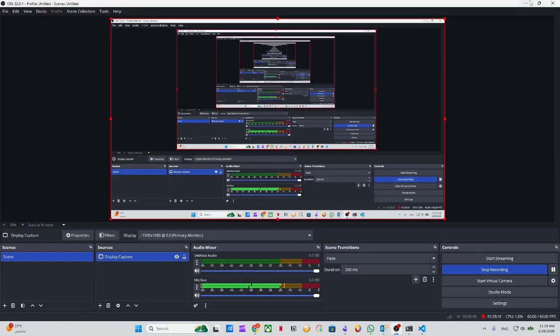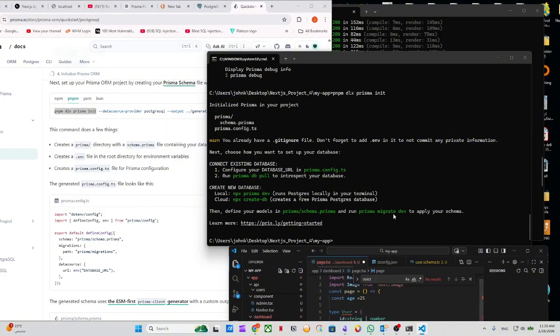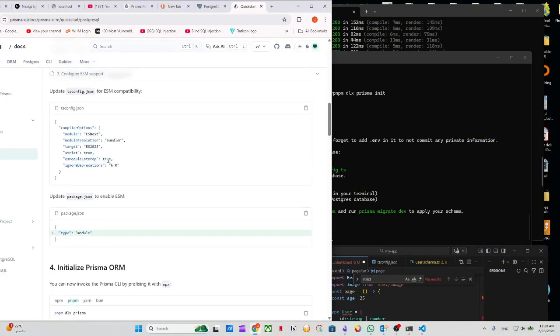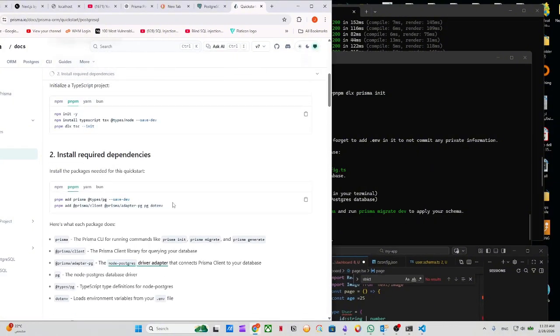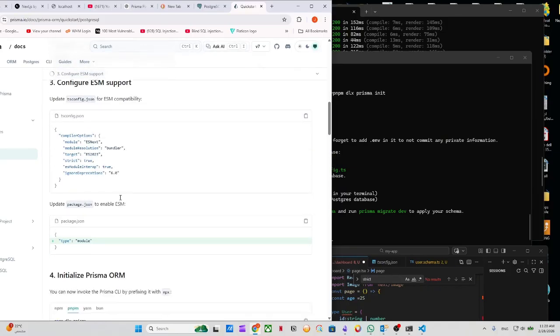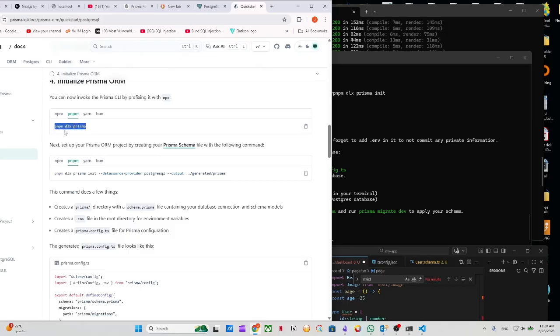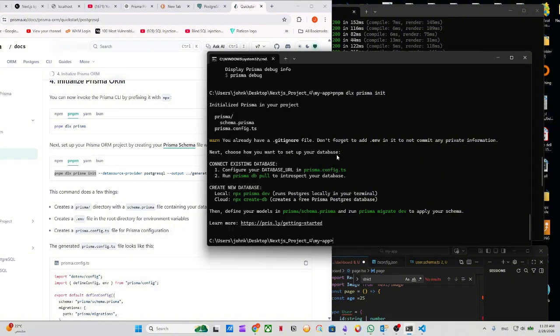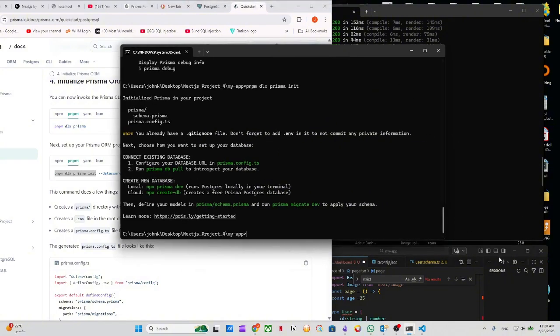Yeah, so basically this is what I did, so you can see what I did. I installed this too. I started with this, I installed this one, and once it's done, I installed this one, pnpm dlx prisma. You can use npm if you like, it's the same idea. And then I installed this one, pnpm dlx prisma init. Once you do this, it's going to actually give you